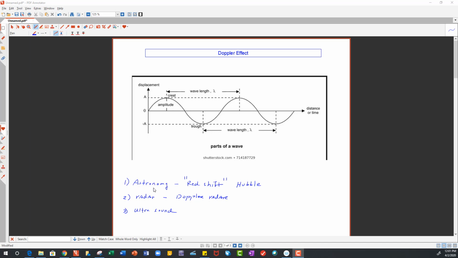The Doppler effect is used quite extensively in astronomy, and probably the most famous example is the redshift that Hubble, the astronomer who identified the redshift, observed. He was able to prove that the universe was expanding and not static or contracting. Up until Hubble, the main theory was that the universe was static or would contract, and he proved the opposite using Doppler effect measurements: the universe is actually continuing to expand. This brought up a whole new set of theories in physics, astronomy, and astrophysics in terms of dark